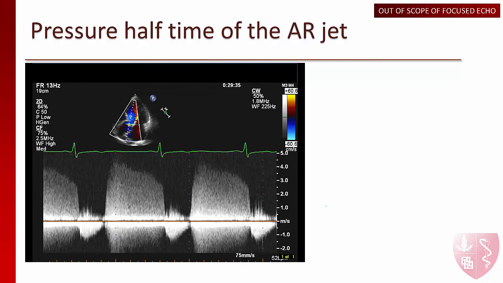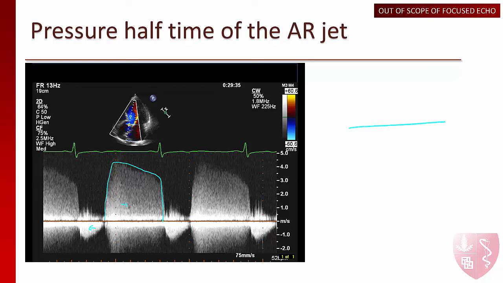Another thing that we can do is use the continuous Doppler. The first thing is that you will look at the grayscale and compare the forward flow to the backwards flow. The more intense the signal of the backwards flow will be, the more regurgitation you will have. But you will also look at the shape of the regurgitation. And here is the positive flow, which corresponds to the aortic regurgitation.